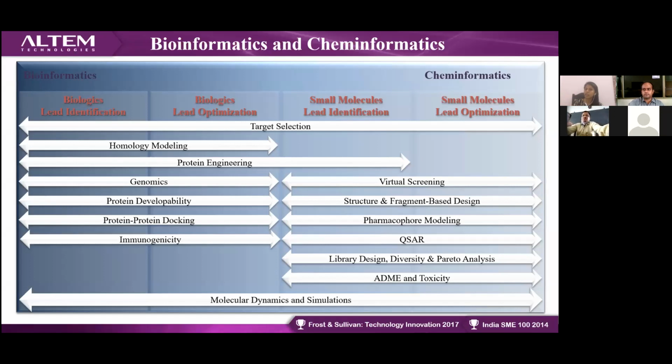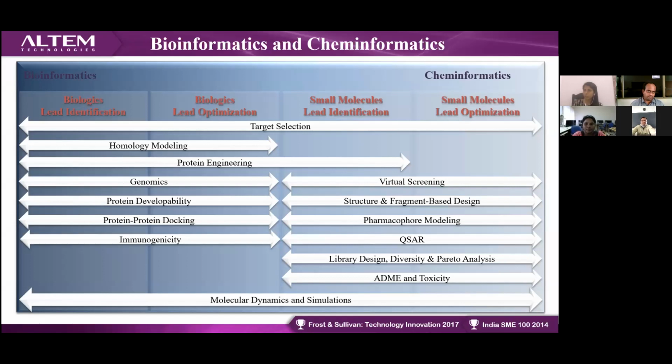Apart from that, you can go for protein engineering. Protein engineering is where we study mutation analysis in the protein. I have predicted my protein structure, and I'll study the mutation present in the protein structure, so we use protein engineering approaches. Then there is genomics: if you have your entire genome and want to study a particular gene mutation, you go for genomic studies. You might have heard of personalized medicine and NGS approaches, which come under genomic study.